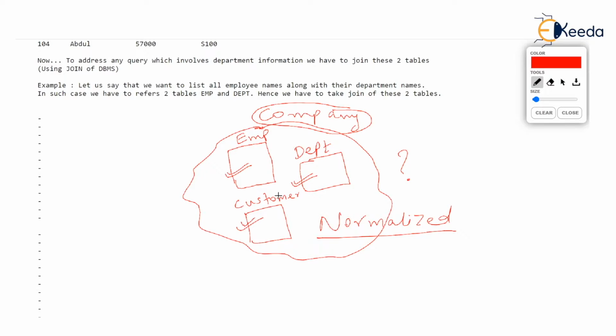Redundancy means repetition. If you store everything in one table, then lot of data will be repeated. Secondly, many other problems are removed. We call those problems as anomalies.